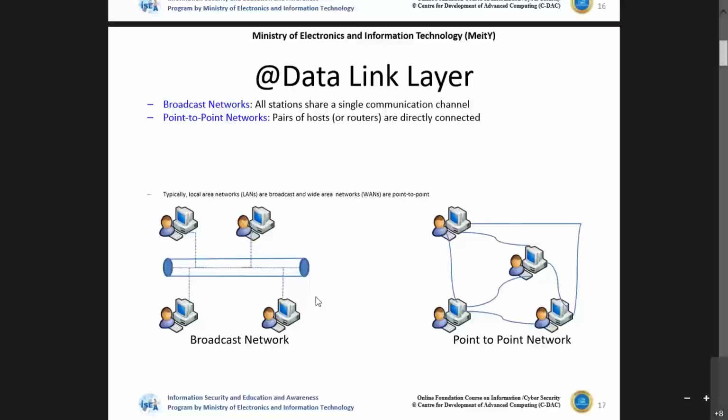Generally, this will be between a pair of hosts. The communication will generally be between the routers, because in terms of the branch offices, we'll have two different routers at each end, where the communication will flow through the router, and the router will internally segregate that with respect to the LAN of the respective offices. So this is with respect to the broadcast as well as the point-to-point protocols.